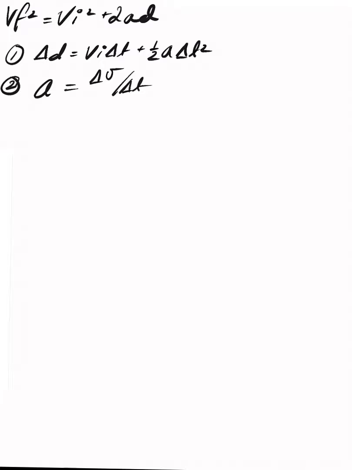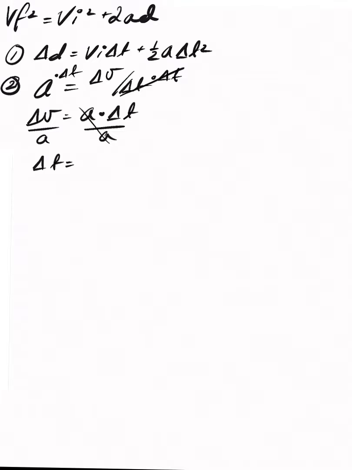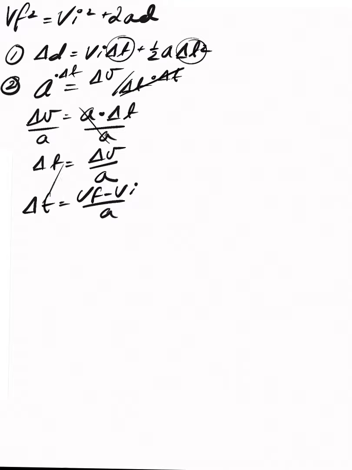Solving for time, we're going to multiply both sides by time, and we have delta V equals A delta t. Divide both sides by A, and we have delta t equals delta V over A. We're going to expand delta V so that delta t is Vf minus V initial over A. We're going to go back to our original equation, number 1, and wherever we see delta t, we're going to sub in